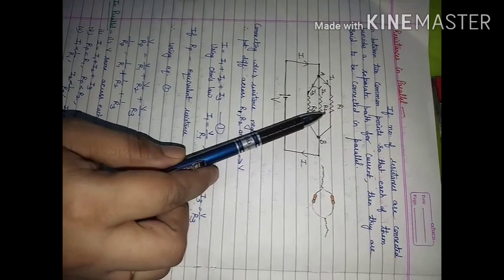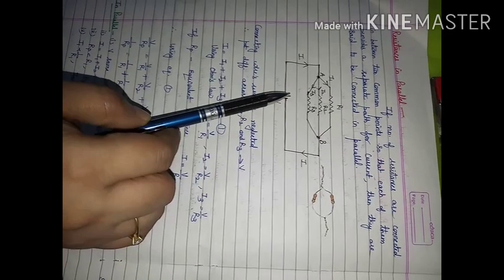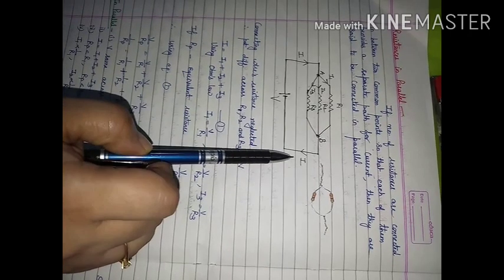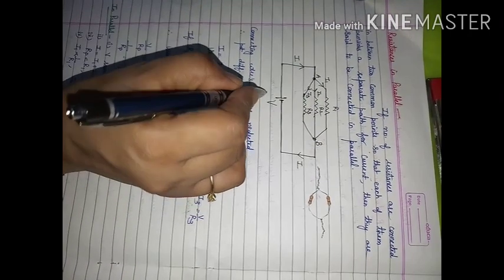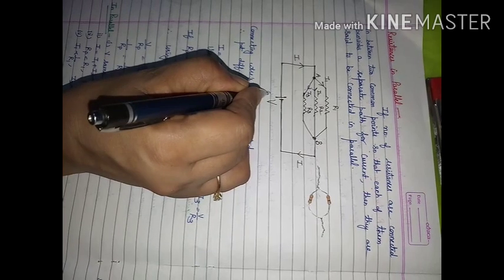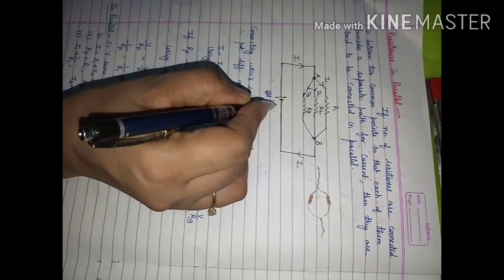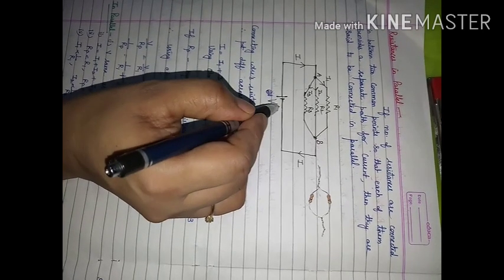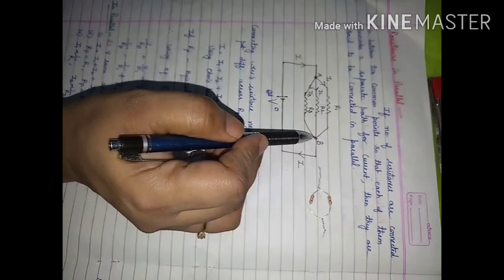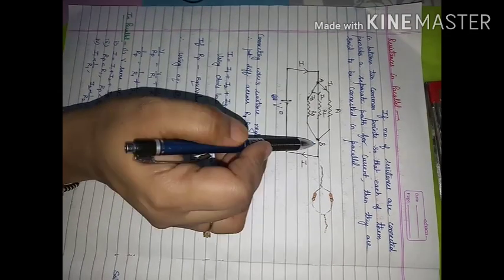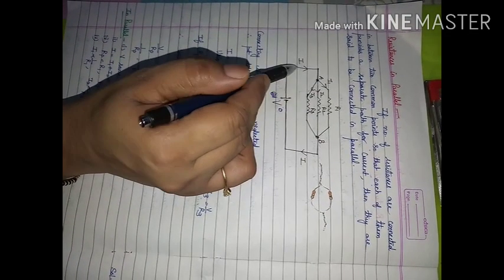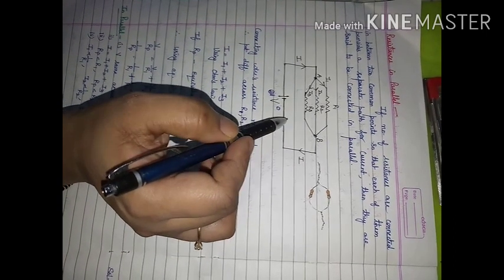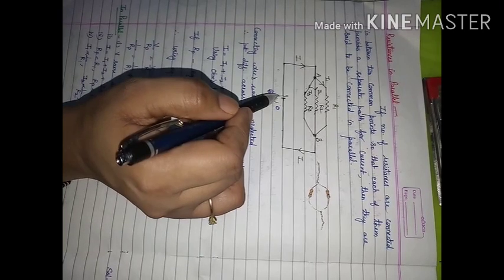But in case of parallel combination, the potential drop across each resistor R1, R2, R3 will remain the same. If I consider this is at higher potential, 6 volt, and this is at lower potential, let me consider 0. Then the potential difference at this end and at this end will also be 6 volt, because these are connecting wires and we are going to consider their resistance negligible. So no potential drop will be there across these connecting wires.